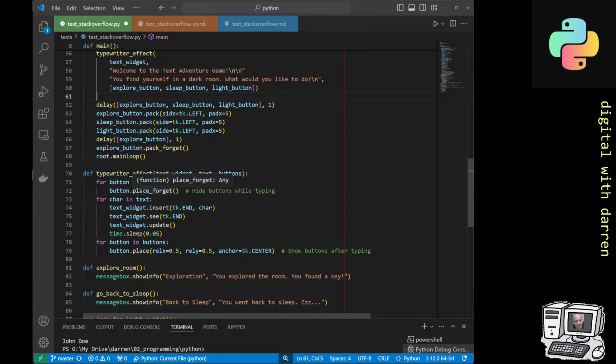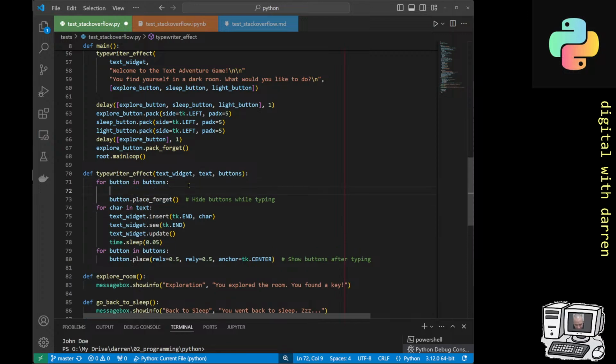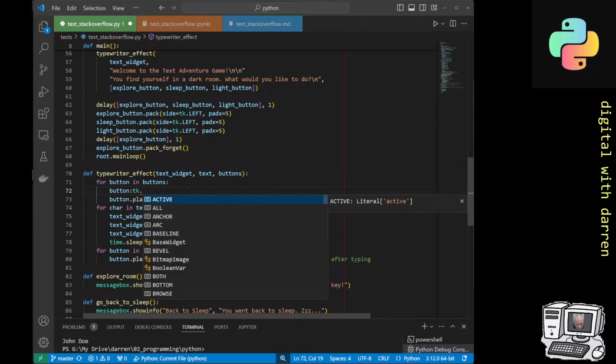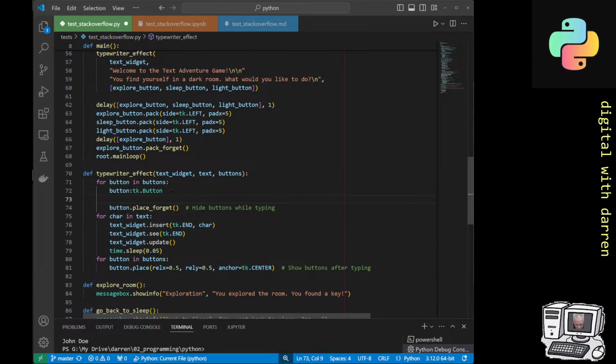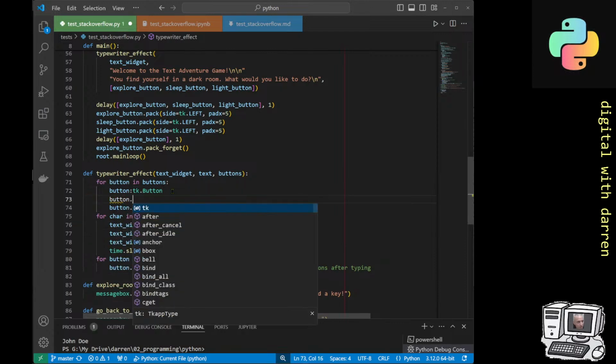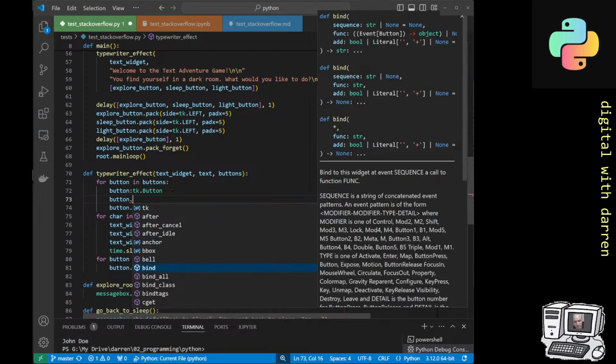frustrating, where when you don't type hint in Python, you don't get the advantage of this dot. And I can tell that because in my editor it comes in white. So what I mean by type hinting is button is actually of type tk.Button. Right, I think that's what it should be. And we just saw that turn to yellow here. As in, if I now do button and then dot, I get all the methods and attributes that way,